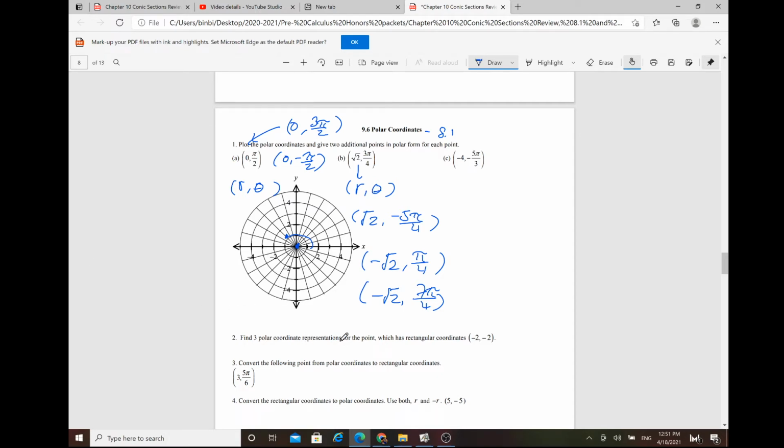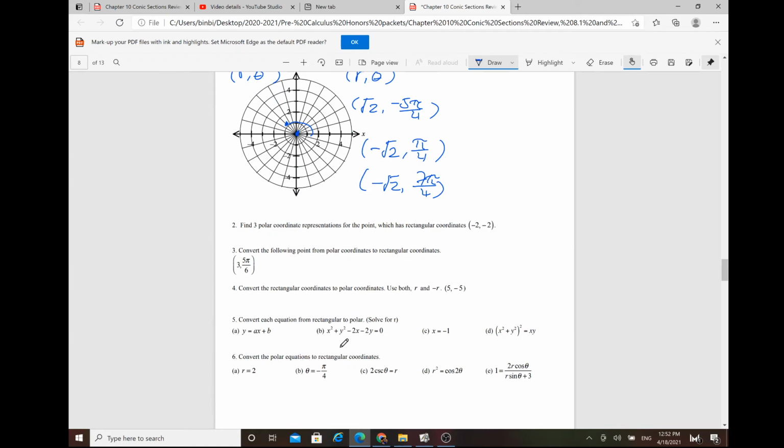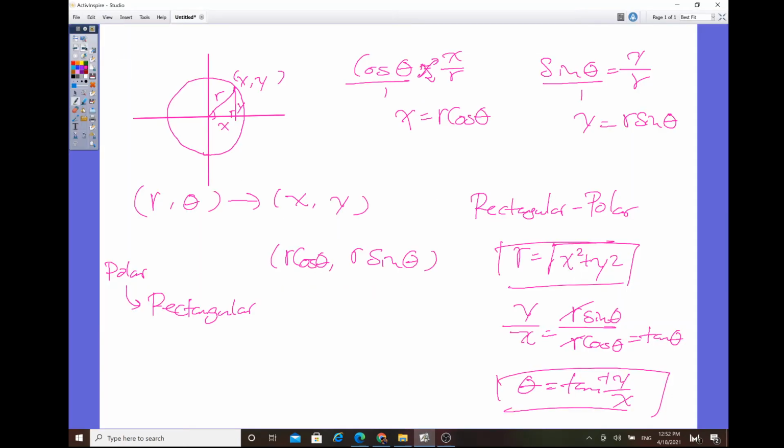Again, it's all about plotting the point for the polar coordinate. So for number 2, it's quite similar. Give 3 polar coordinate representations for the point, which has a rectangular coordinate, negative 2, negative 2. So going back to this one, for negative 2, negative 2,